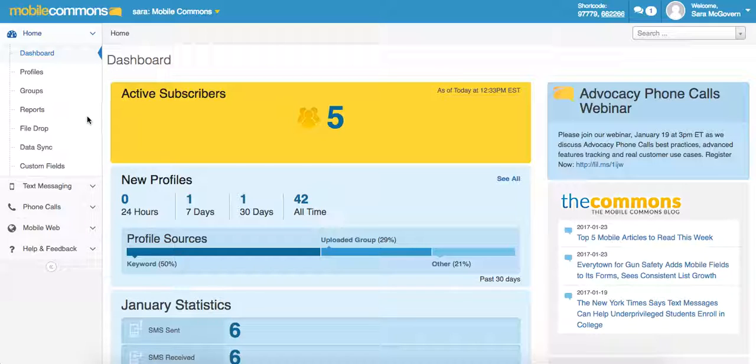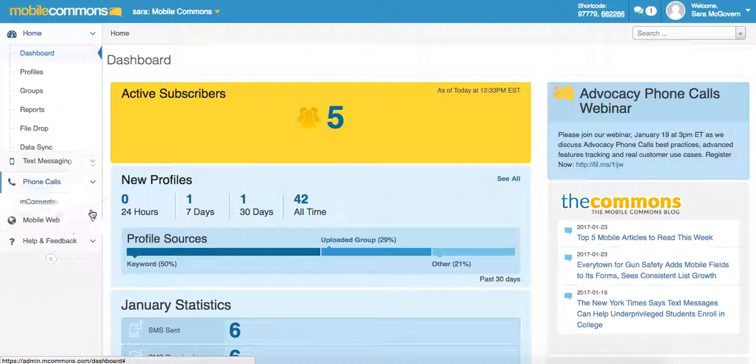Today I'm going to show you how to create audio recordings for use in your mConnect. Before you even create a new mConnect, you'll want to make sure you have an available voice over IP number and audio recordings. In order to build out these sections, you're going to want to go to phone calls and